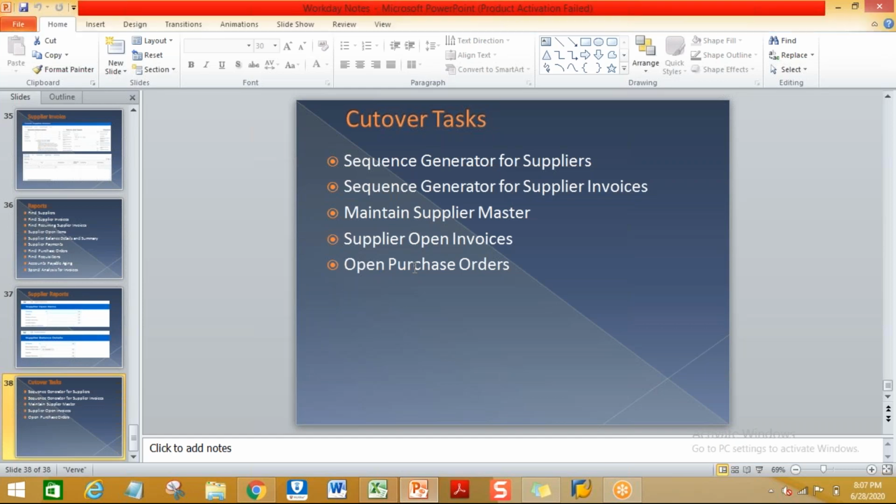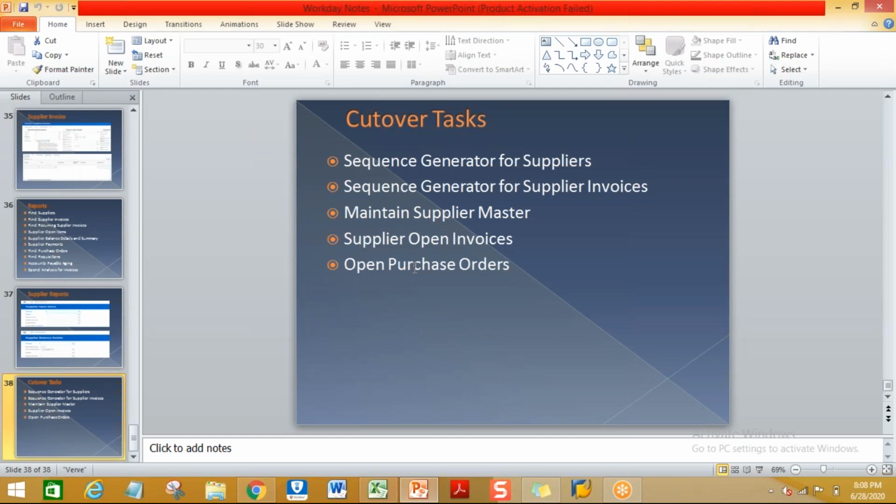During the migration of the data, you have to decide how you are migrating based on the volume of the data. You can choose to go with either EIBs or iLoads. You can suggest that to the business and the business will agree. Then you have to do the data loads.